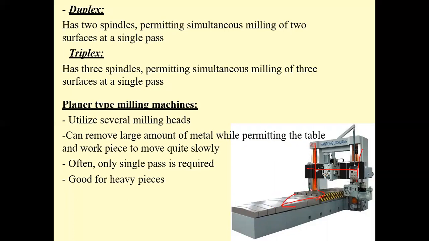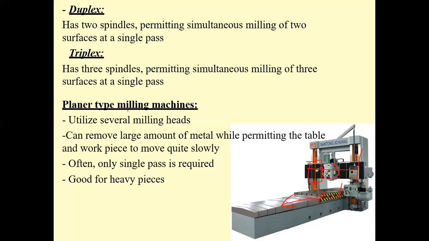so that productivity is further increased. Here you can mount not only a single tool head but multiple tool heads. You can keep one tool head here, and if required one more tool head here. Already one more is there, so there are two tool heads. Depending upon the size and the complexity, you can keep multiple tool heads. Each tool head has one spindle, and each spindle carries one cutting tool. Like this you can further increase productivity.